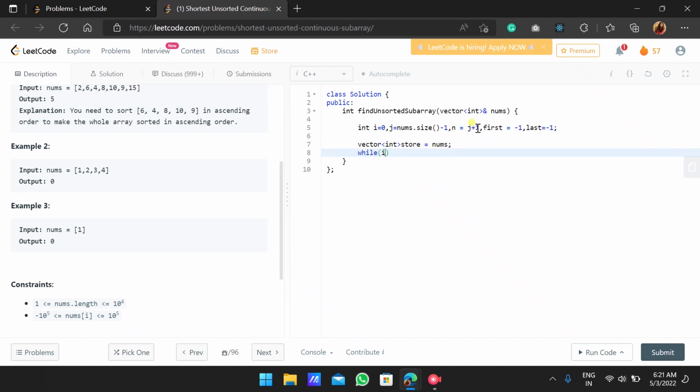Now we will traverse while i is less than j. If we got our first and last index, then we will come out of this loop. So first we will check that if first is not equal to minus 1 and even last is not equal to minus 1, then we will break. And then if nums of i is not equal to store of i,